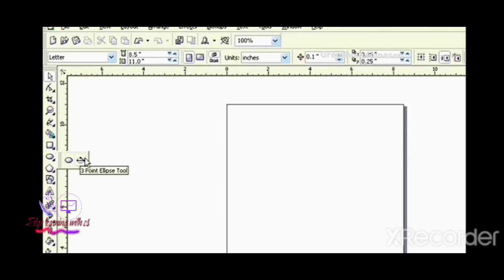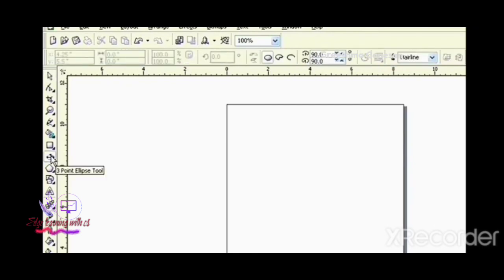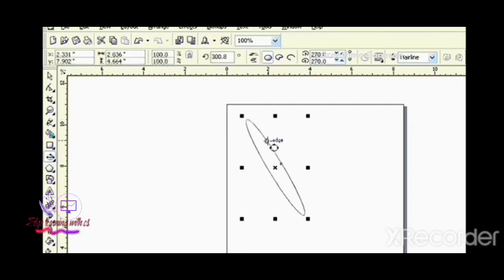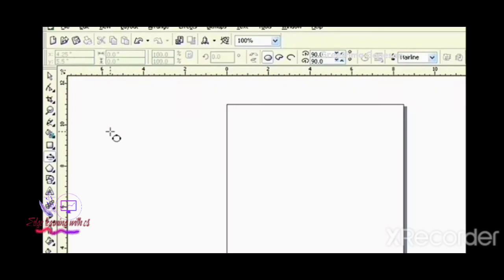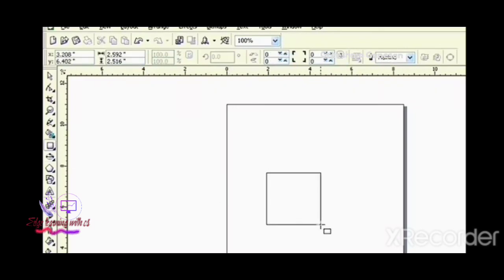Yeah, and after that I am again clicking on the shape tool, edit tool. There you can see the second option, that is the 3-point ellipse tool. Actually it is the flyout. Flyout means if you need to put an oval shape with a proper angle, then you can choose that option from there, and you can click and drag. You can see the line, and also whenever you drop that, you can see the shape coming like an oval shape. Then you can use the select tool to select it and again edit it, like the similar thing we have done previously.